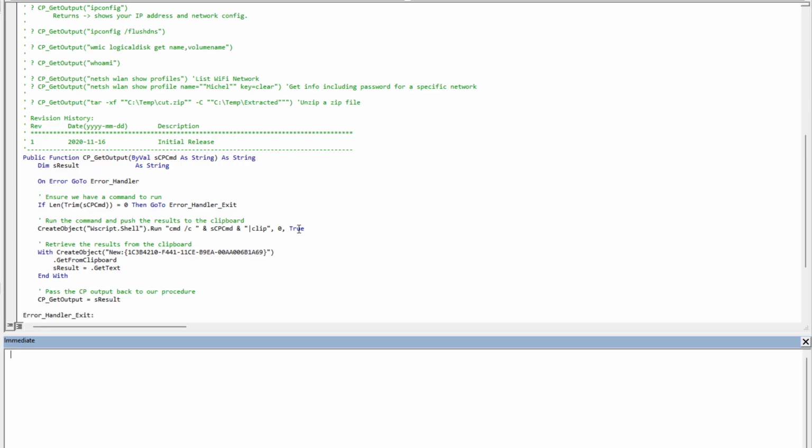The way to do this is this guy here, this 0. That means keep the window hidden. If we switch it to make it visible, so a 1 or true, then you can do whatever you'd like. So you can take your command